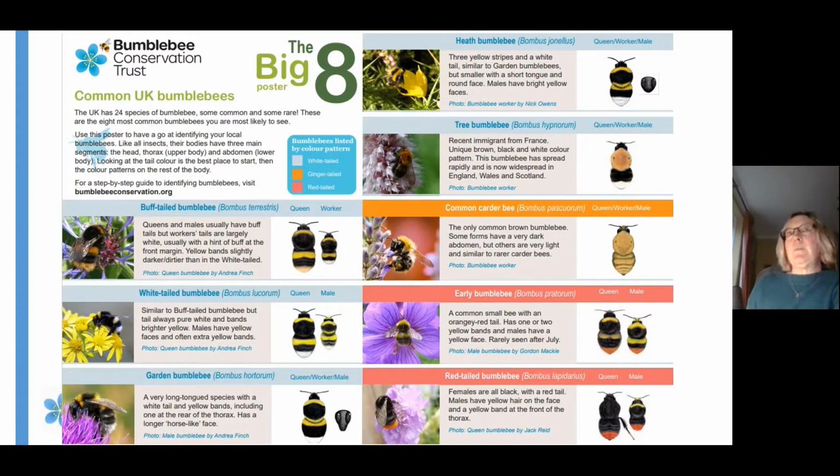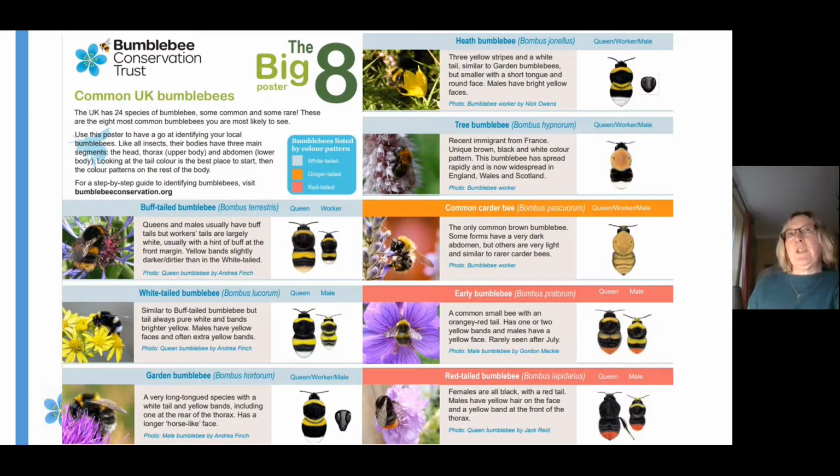So do go to the Bumblebee Conservation Trust website and you can actually download this really useful guide to our common 8 species. I shan't go through all that detail now,